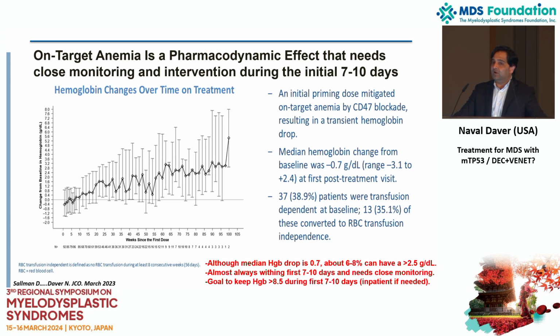We did start seeing very early on, and this may be something that has played a major role in the phase 3, and we'll be hopefully presenting that data at one of the large meetings this summer, but anemia was something that was noted. Now, in big academic centers that have blood banks on site and can give transfusions like we did and Moffitt did and others, this was manageable. We actually have treated about 150, 160 patients with aza-magro and have not had a single death from anemia,